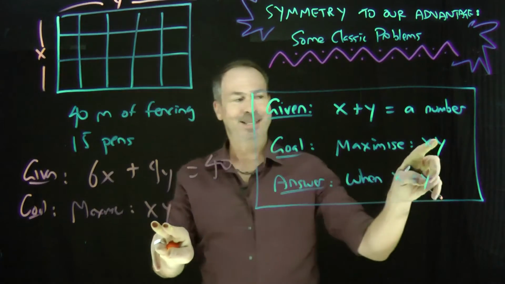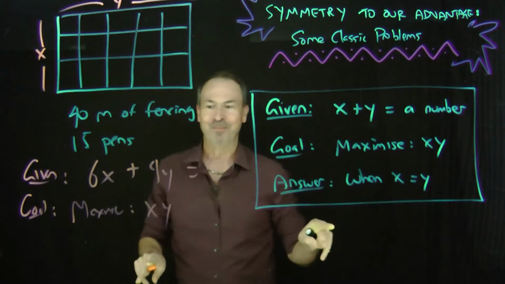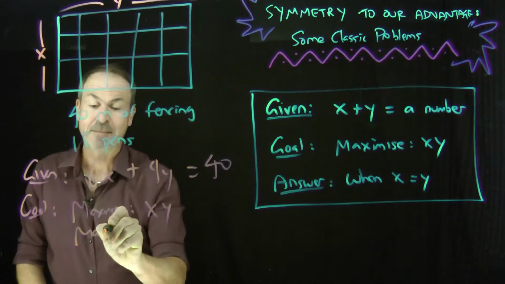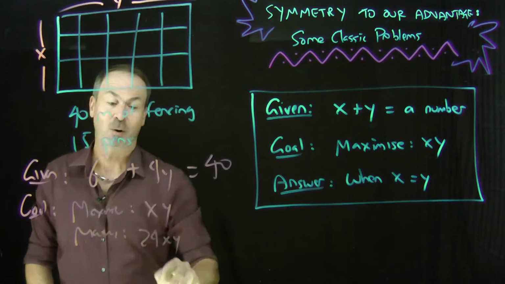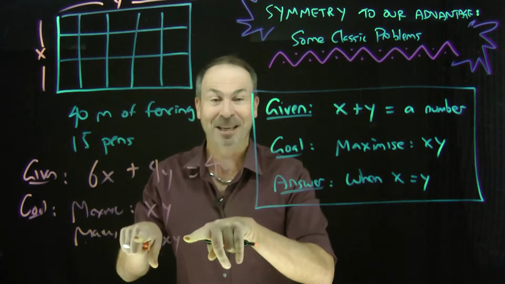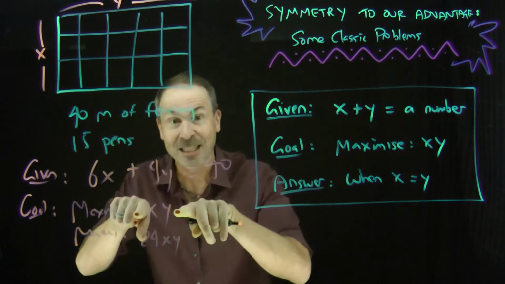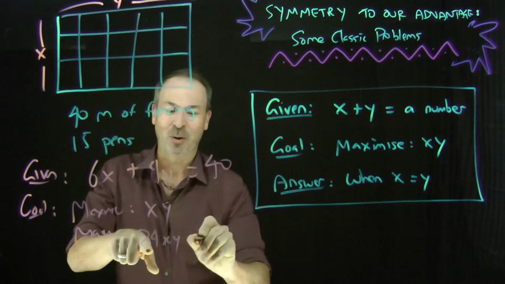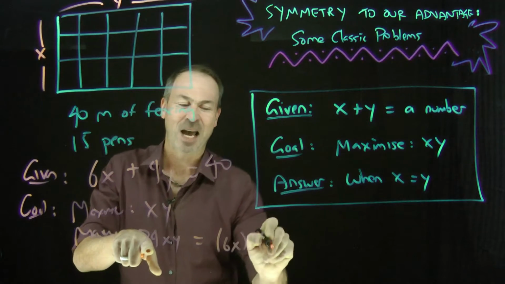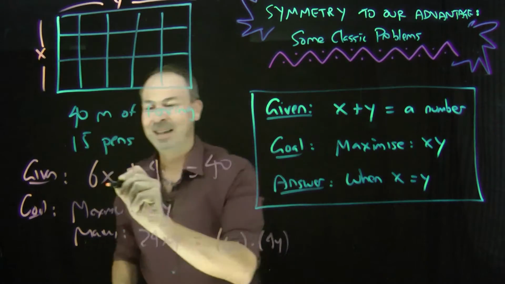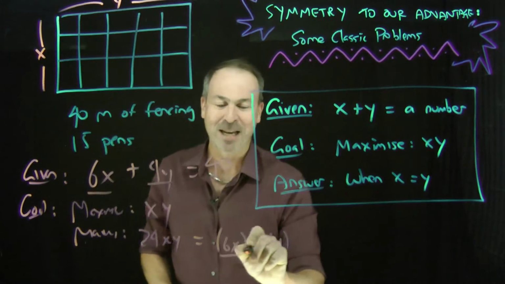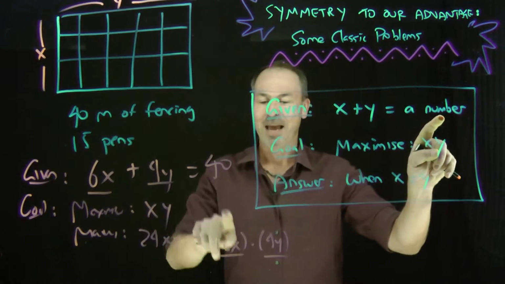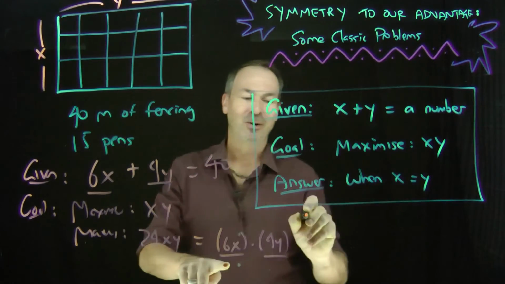We've got a mismatch going on. Well, rather than maximizing just one copy of the product, we could equivalently maximize 24 xy's. Make that as big as it can be, then dividing by 24 means that's as big as it can be. Great. And why do I like 24? Because I can quickly think of this as 6x and 4y multiplied together. They're my unknowns, and I want to maximize that product. Two unknowns of a particular sum, and I want to maximize that product. I know the answer is